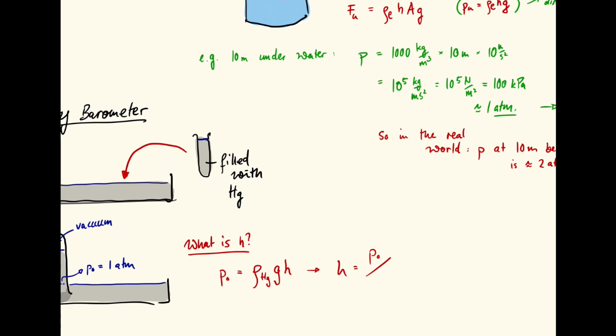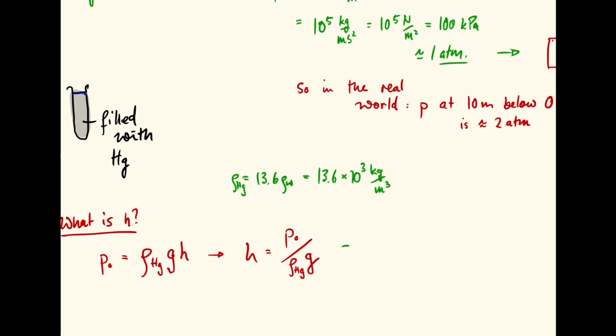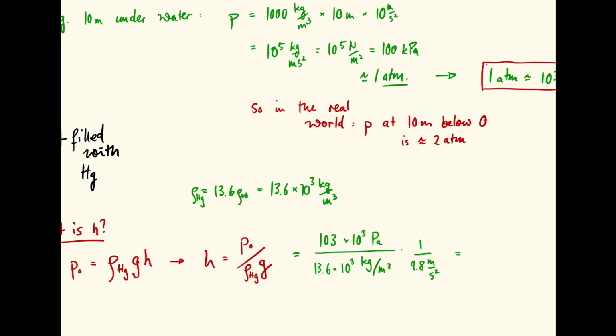So we have P0 over rho_Hg times g, and rho_Hg is about 13.6 times the density of water, so it's rather heavy, 13.6 times 10 to the 3 kilogram per meter cubed. And so I can plug these numbers in here. We have P0 we know is 1 atmosphere, so it's 103 times 10 to the 3 Pascal, divided by 13.6 times 10 to the 3 kilogram per meter cubed, times 1 over 9.8 meters per second squared, which gives you about